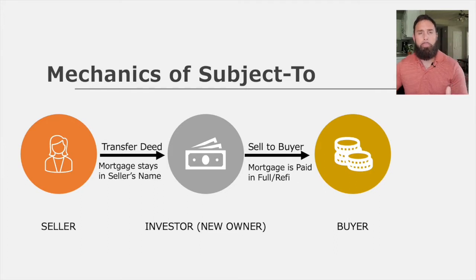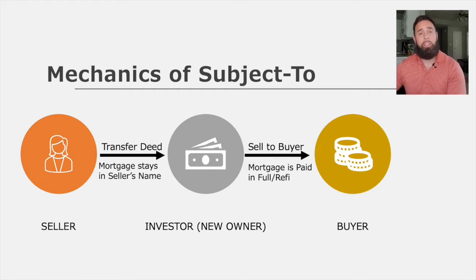So when you buy a property subject to, the deed which shows ownership, let's use Steve Smith, for example. Steve Smith owns a property. So Steve Smith is on the deed, Steve Smith is on the mortgage. So if I buy a property from Steve Smith subject to, the deed which shows ownership transfers from Mr. Smith to my business, Johnson Property Investments. However, the mortgage, which shows financial responsibility, stays in Mr. Steve Smith's name. I then make the mortgage payments directly to the bank, Wells Fargo, PennyMac, whoever, on their behalf,